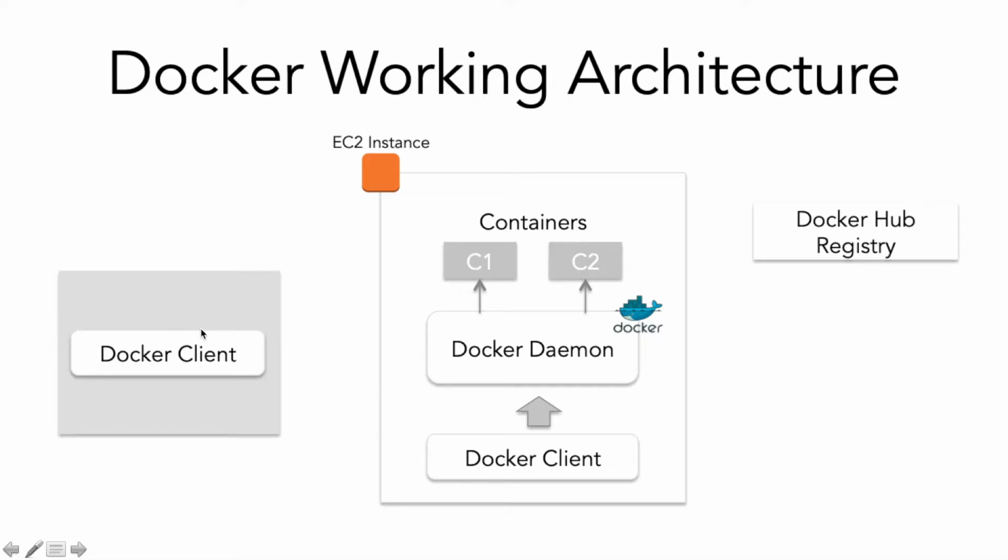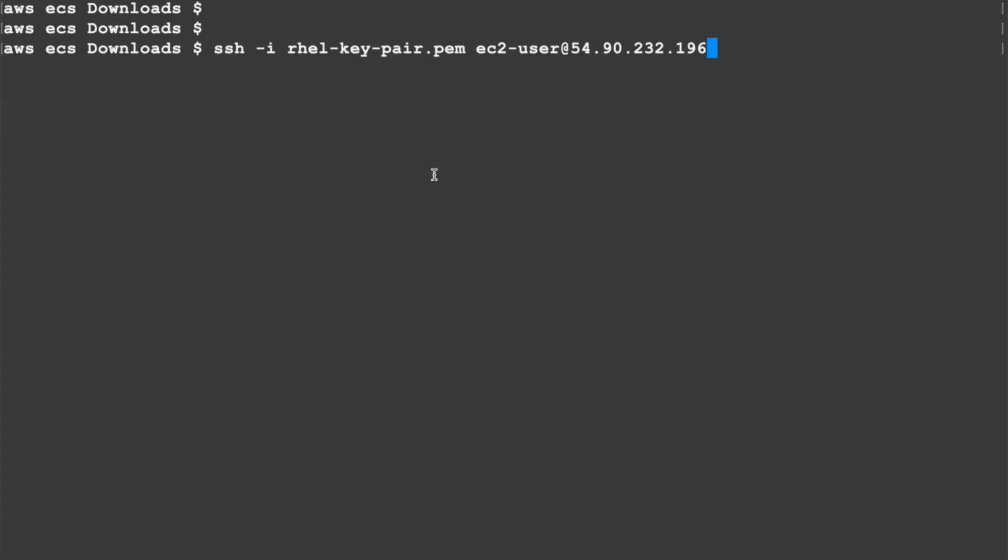In fact, I'll install Docker daemon in my personal laptop also, so that I can show you without logging into an EC2 instance. If you want to do the same using an EC2 instance, you can go ahead and do it. So let's go ahead and install Docker daemon in an EC2 instance. I'll launch an EC2 instance now, and I'll SSH into that EC2 instance, and then I'll show you how to install Docker daemon. I have launched the EC2 instance and now I'm logging into it using this SSH command.